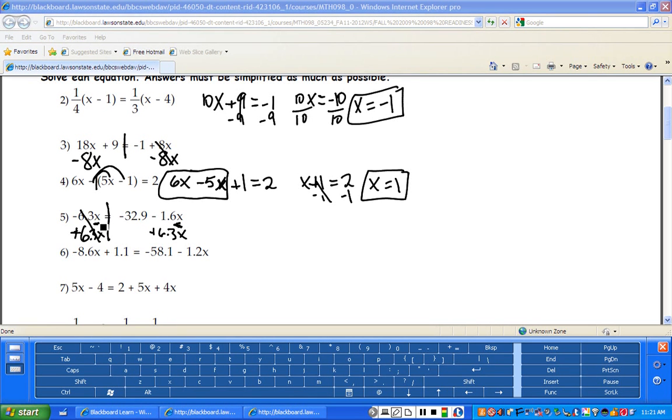So on the left hand side, I have nothing over here, so I can't just leave it blank. I have to put something, so I just write 0. Okay, I write 0 for this side. Still have my negative 32.9, and when I say my negative 1.6 plus 6.3, I end up with a positive, so plus